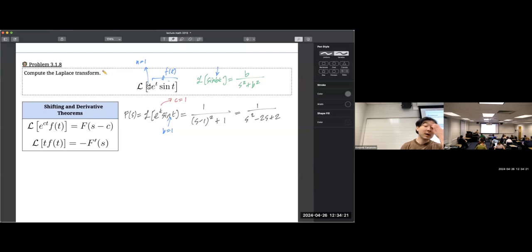Now I have to take the Laplace transform, so t times all of this. So the derivative theorem says that, okay, we just decided that this whole thing is my f of t, right? And we just computed the Laplace transform of that right now. So we've done that part. The Laplace transform of t times that is going to be the negative of the derivative of this thing that we just computed. So we'll have to compute the derivative of this,